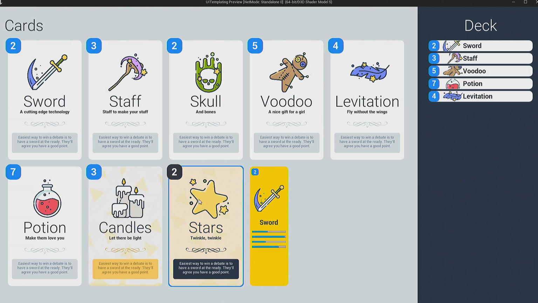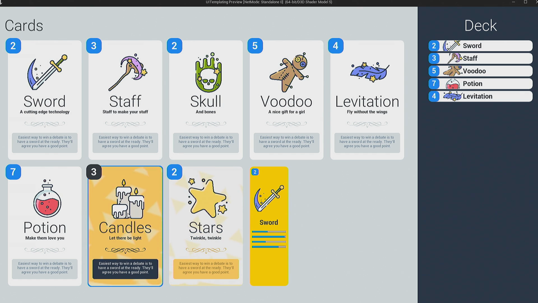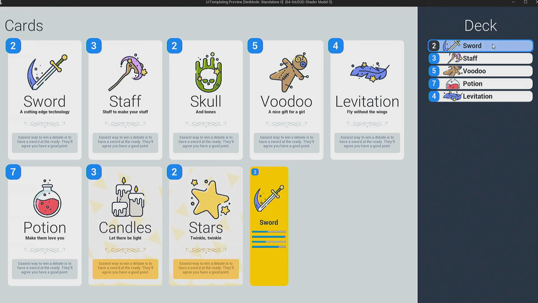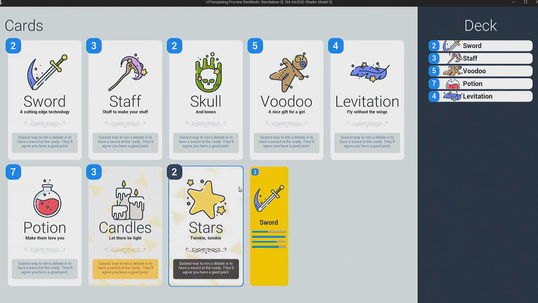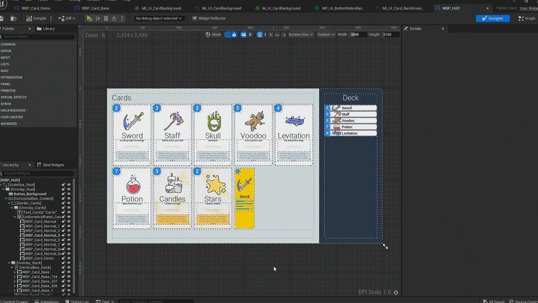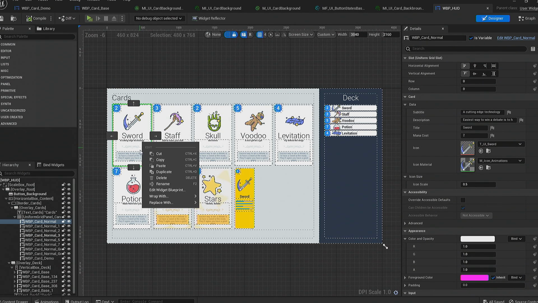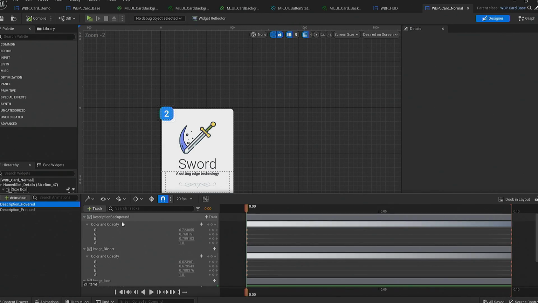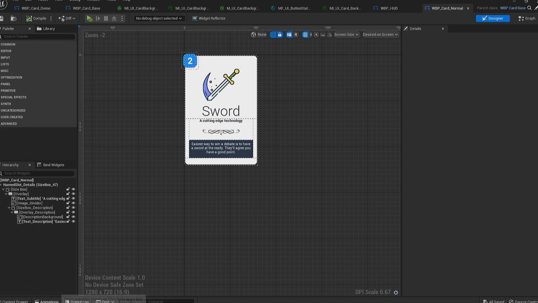So that's exactly what we're doing with these two cards over here. They have a different material instance, but the functionality is exactly the same. So you don't need to worry about having new functionality. It's all exactly the same base card, one of these. So let's open up one of these widgets. And you can see the description hovered here is going to play the hover animation,